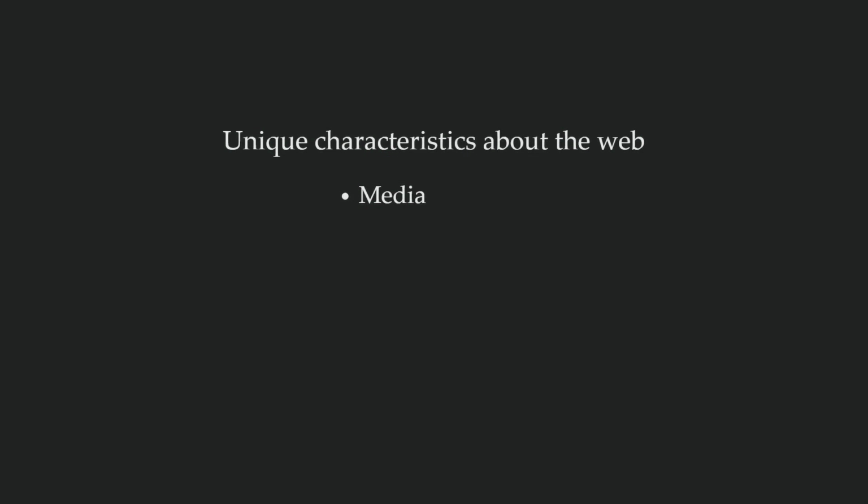But the web is great because there are things unique to it that we can't make use of in other mediums. And so along with that is media, like the video element that we've been talking about, or anything to that extent. We can also serve dynamic content based on the user's profiles that we have, based on their location, based on previous history, and serve that live to them, which is awesome. You can't do that with a book or anything like that.